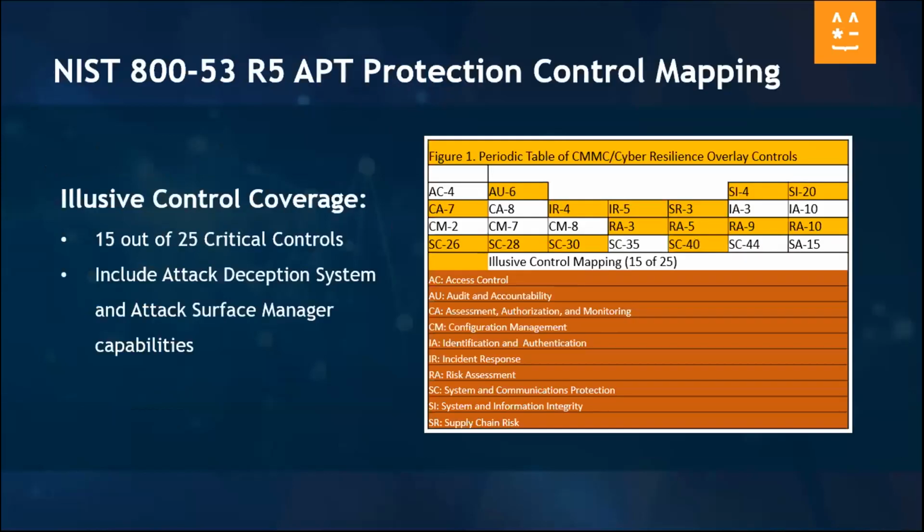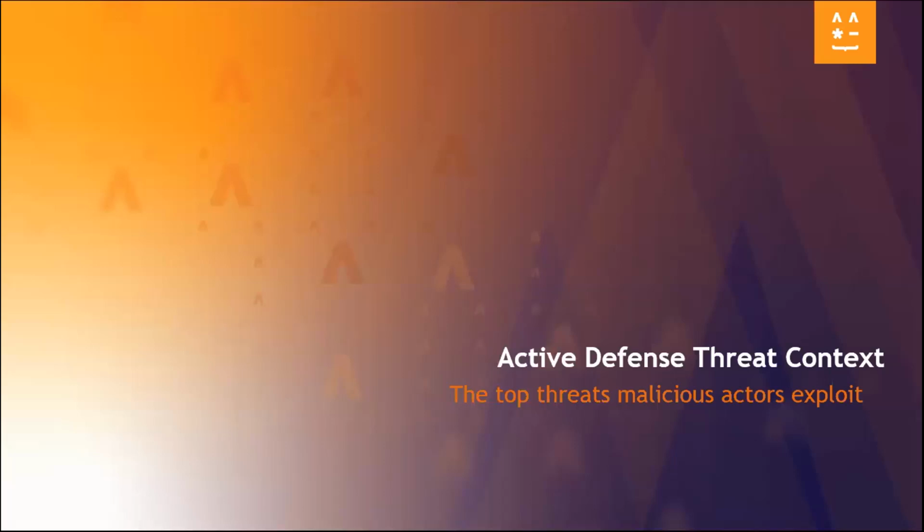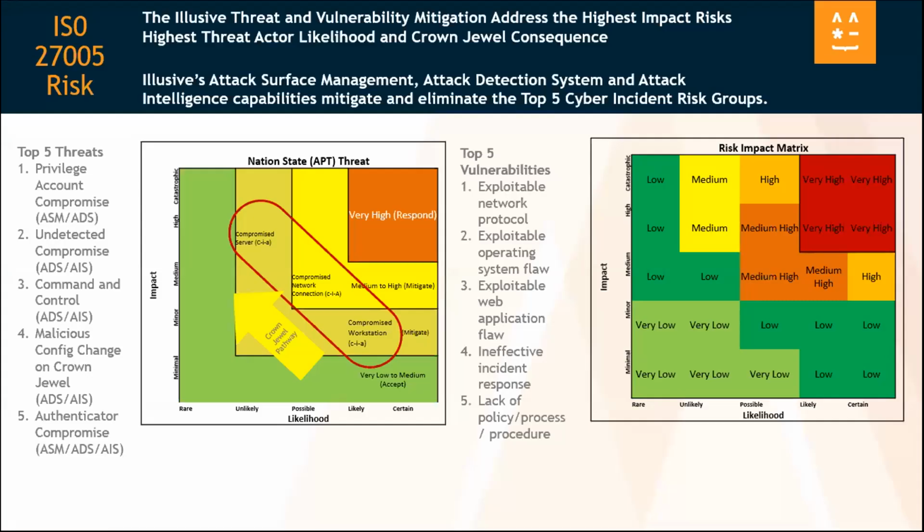There's also a mapping to the relevant NIST 853 R5 control updates, but you can see as we have briefly discussed, the AU6 for audits, CA7, IR45, RA3, RA5, SC26, SC30, SI20, SI4. They're all in this key mapping. And again, there's new capability to implement essentially at the end of the day that does provide more effective risk mitigation. So when we look at the threat context, and this is looking at it from an ISO 27005 perspective,